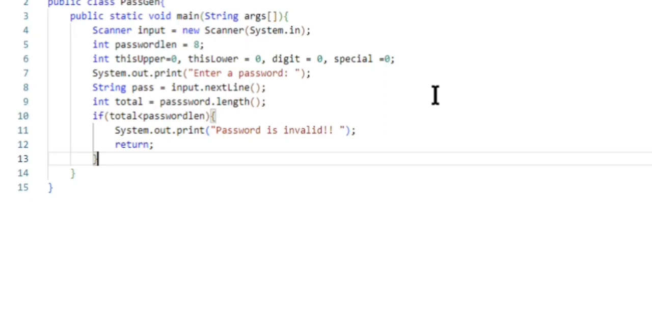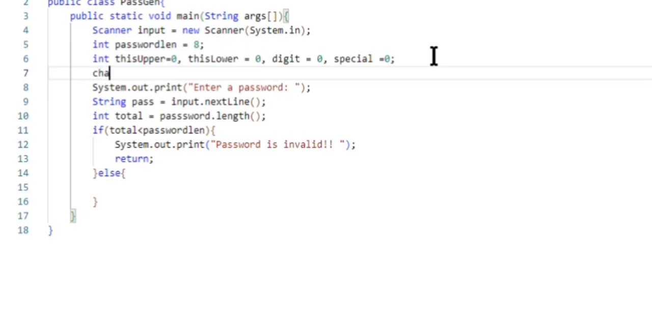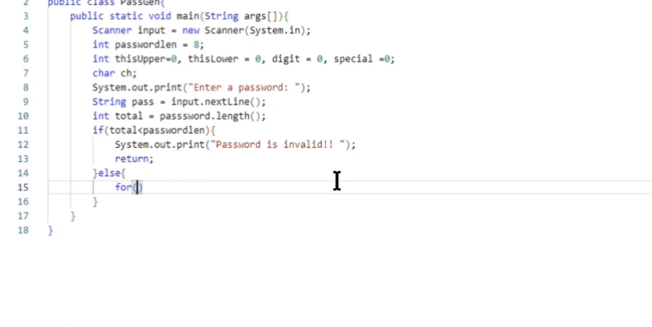length, that is 8, then the statement becomes true and the password is invalid. Then return the value, and by creating the else statement, we are using the looping statement, that is the for loop. Before that we have to create a variable ch, a character variable. Then for int i equal to 0,